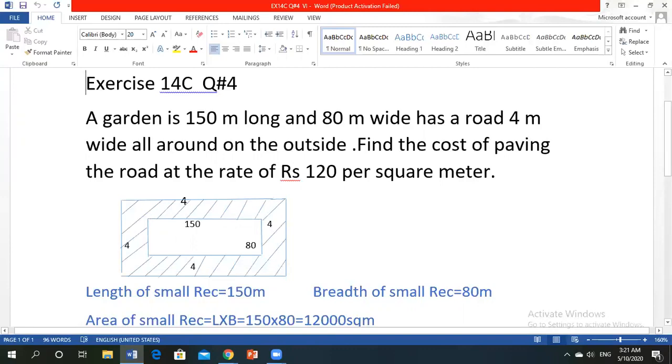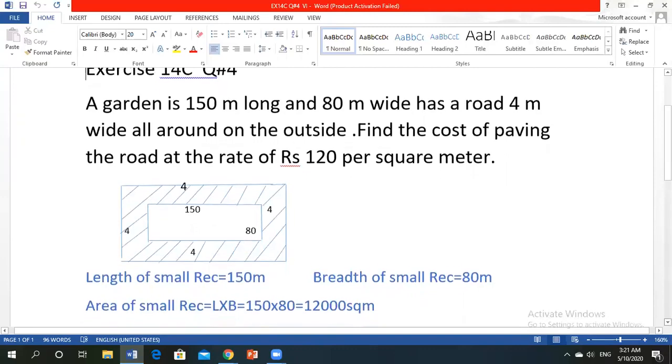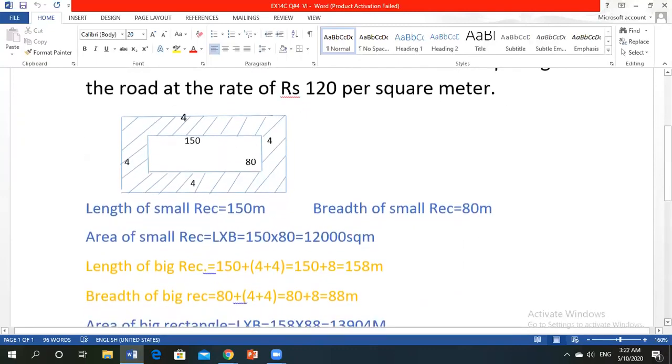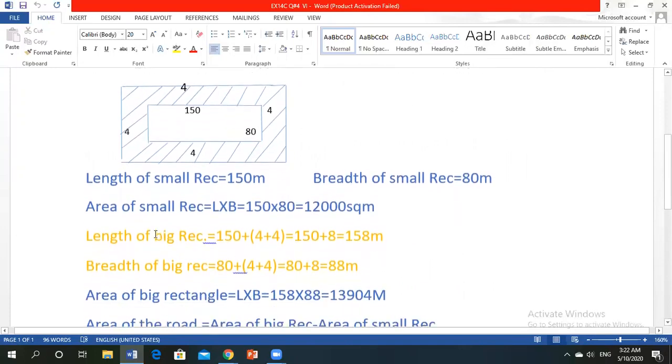Now the length of the small rectangle is 150 meters and the breadth of the small rectangle is 80 meters. Area of small rectangle